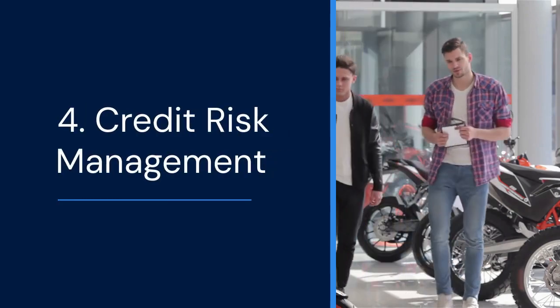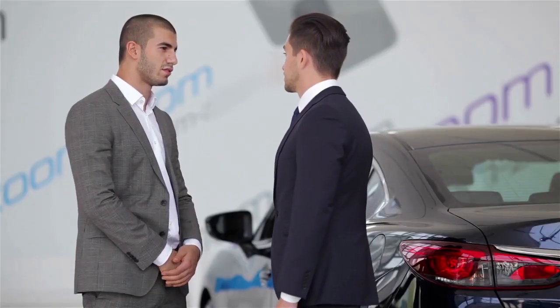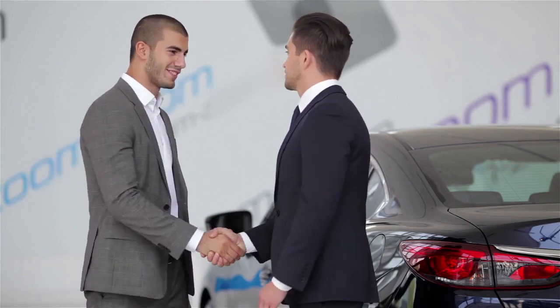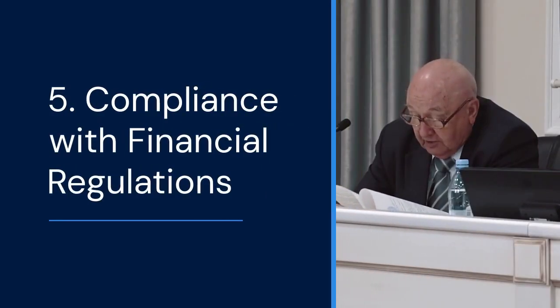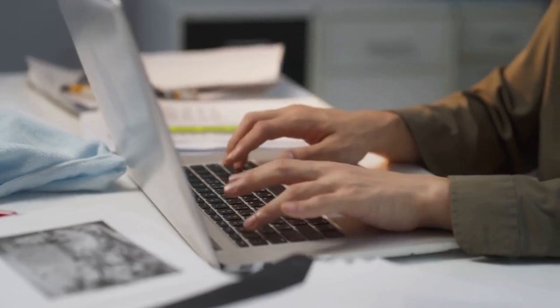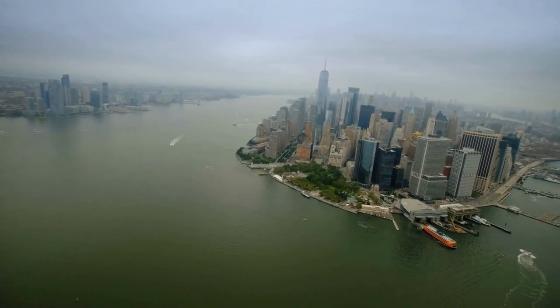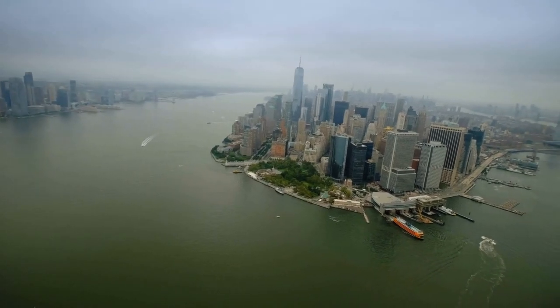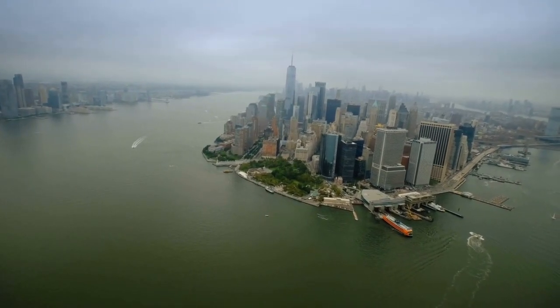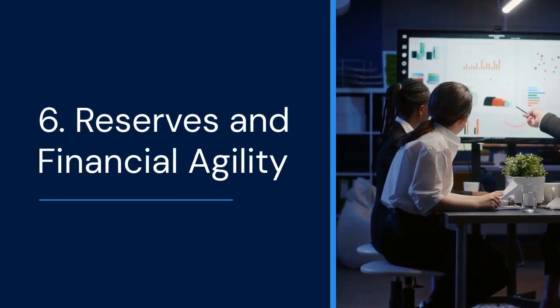4. Credit risk management. When dealing with international customers or suppliers, companies should secure payments through letters of credit or export credit insurance. Additionally, companies can reduce credit risk by diversifying their customer base, avoiding concentration, and using reputable banks for financial transactions. Number 5. Compliance with financial regulations. Some financial risks stem from non-compliance with financial regulations. Companies need a robust compliance program to prevent violations of sanctions, anti-money laundering rules, and anti-corruption laws, which can lead to heavy fines.